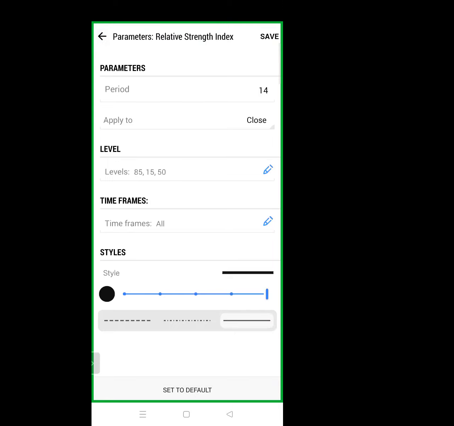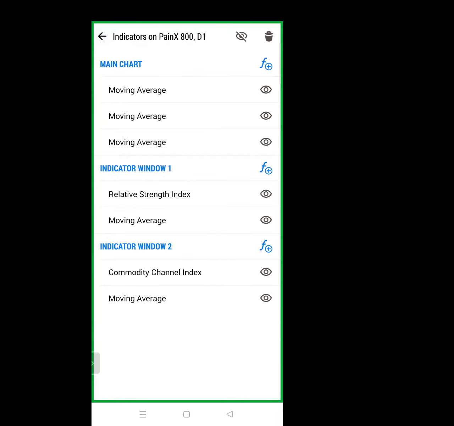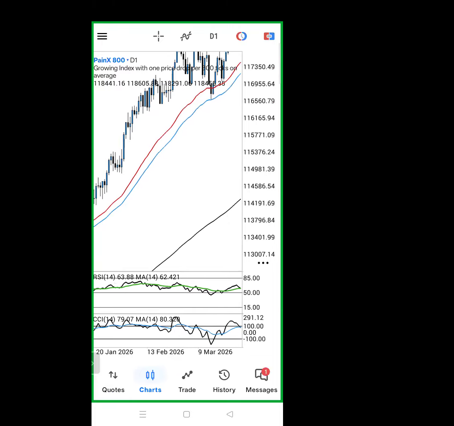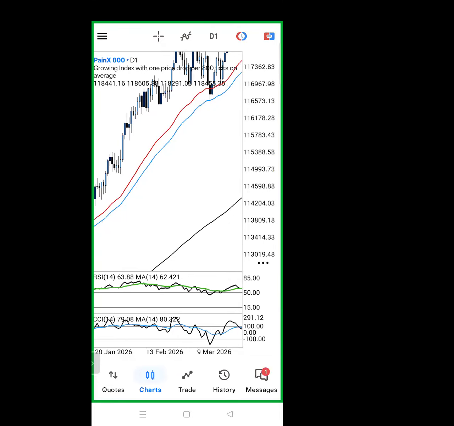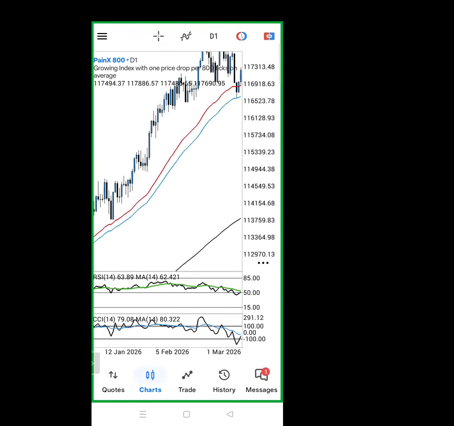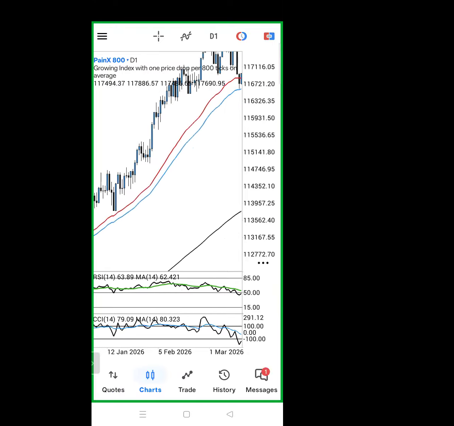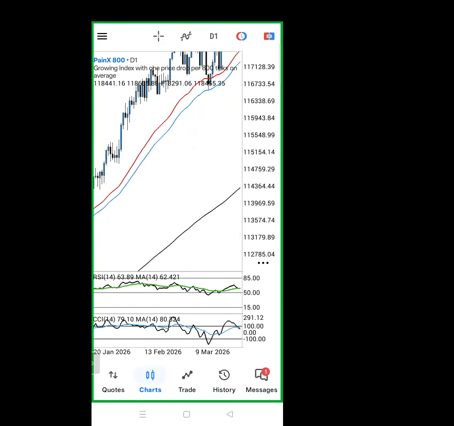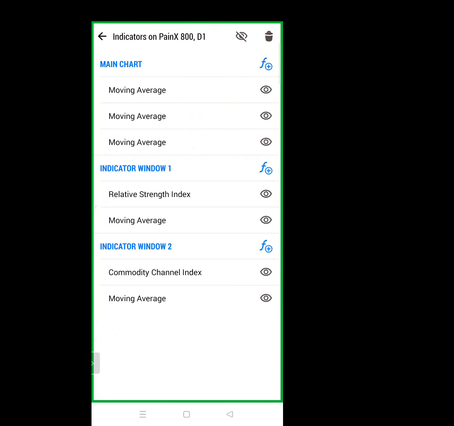Then you can choose any color of your choice and you click save. So let's look at it now. This is it here. Let's go back so you can see it here now. Okay, this first one. The first one is the RSI. So let's go back. Now that you already have RSI, now